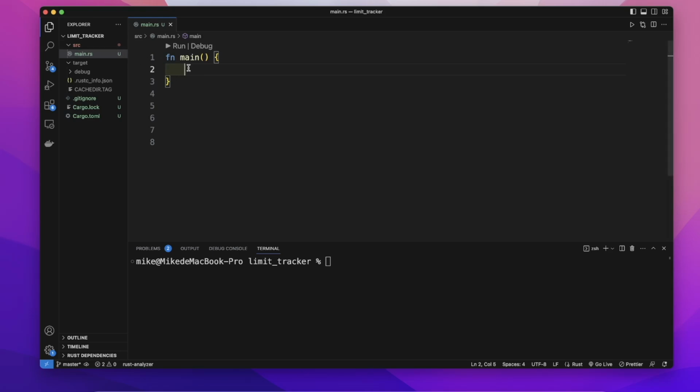Let's build a simple limiter tracker, and it will track a value against the maximal value and send a message based on how close the value is to the maximal value. First, in our src folder, let's create a new file label.rs, and in this file,